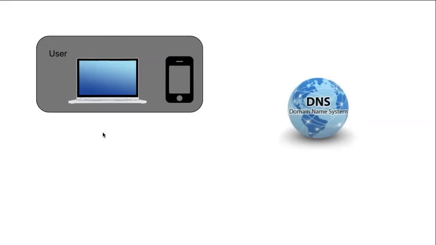So let's look at this diagram and see how a simple website with a single server works. We have a user who is using either a laptop or a mobile to access the website. The user accesses the website using a domain name such as some API dummy.com. Then this request goes to the domain name system or DNS, which is a paid service provided by a third party and is not hosted on the original website server. And this DNS returns an IP address. And once the IP address is obtained,